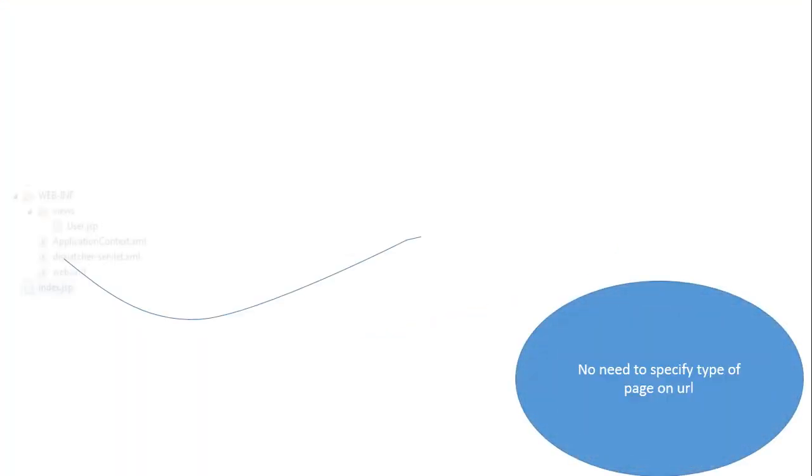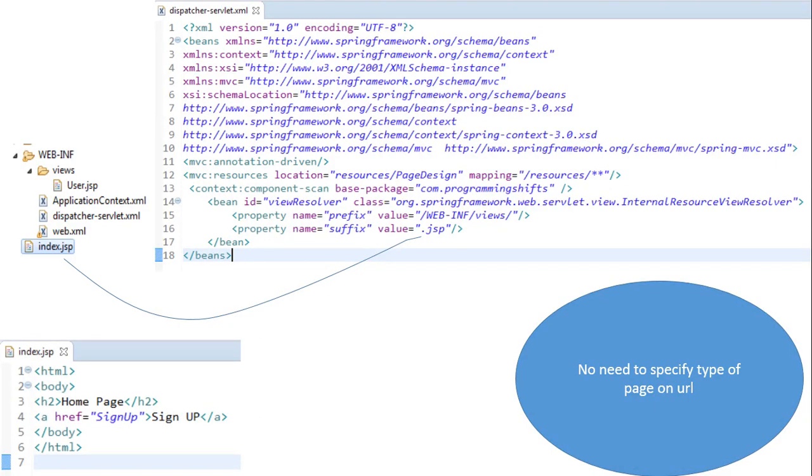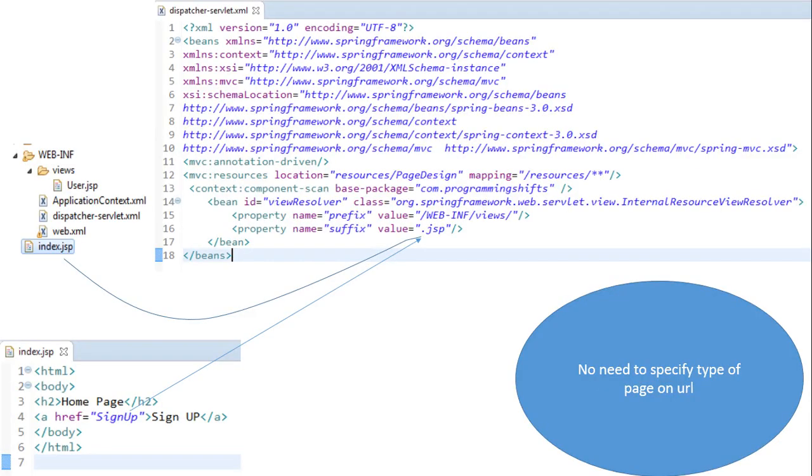This is the complete file where the component scan will be written in the XML annotation. We have to pass the view package name, and the suffix will be added automatically to our page, which is .jsp. Finally, there is no need to specify the type of page in the URL.